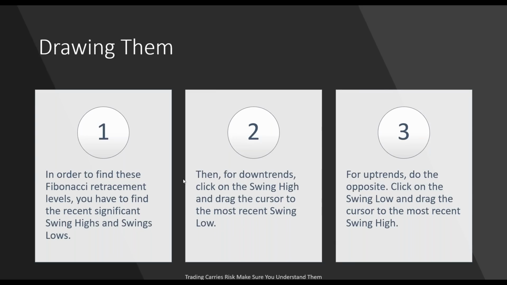For downtrends, click on the swing high and drag your cursor to the most recent swing low. If you're drawing the fib on an uptrend, you do the exact opposite, but you have to pull them in the right direction because you don't want the 38.2 calculated upside down. So if we're viewing it on a downtrend, we're simply locating the swing high and the swing low and pulling it down. Downtrend, pull down. Rally up, swing up, uptrends, pull up. So we're going to go over here to our tools,